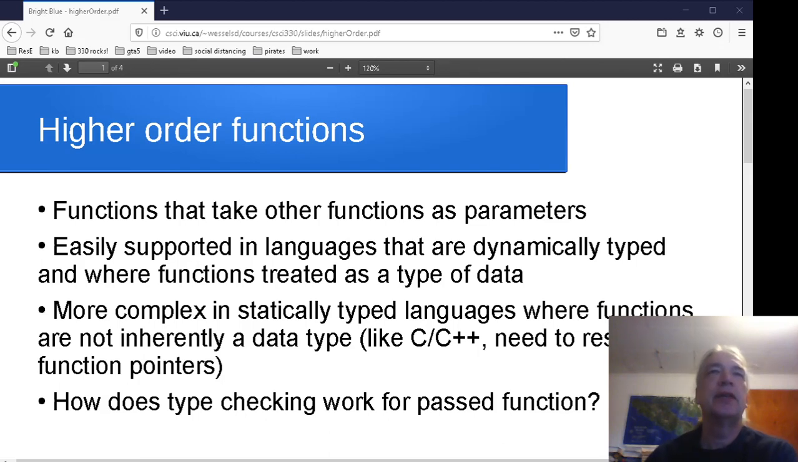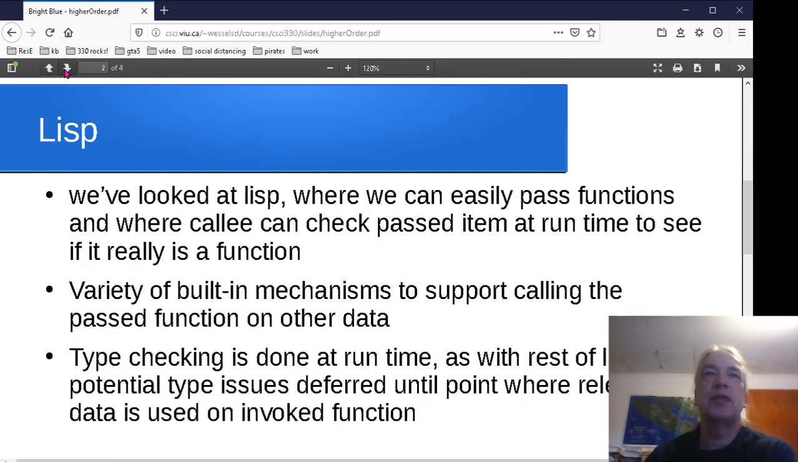So we'll come back and we'll recap things in Lisp a little bit, and then we'll take a look at how some of this stuff works in C and C++. So on the Lisp side of things,